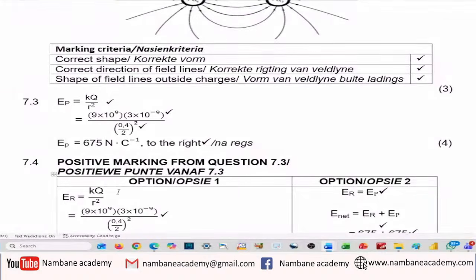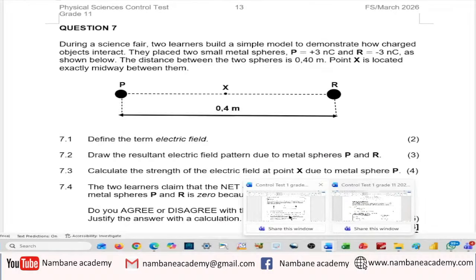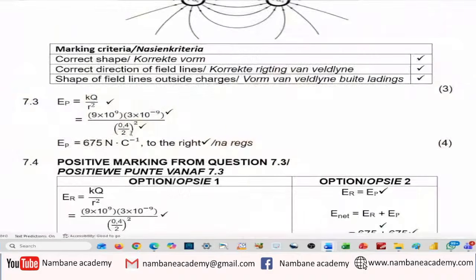So the formula there. X is the point, yes. So X is directly in the middle of charges P and R. So the electric field due to P at X will be kQ over r squared. Then that is 9 times 10 to the power 9 multiplied by 3 times 10 to the power negative 9, over the distance, directly in the middle, midway. Then it will be 0.4 divided by 2, or if a learner just writes 0.2 there squared,